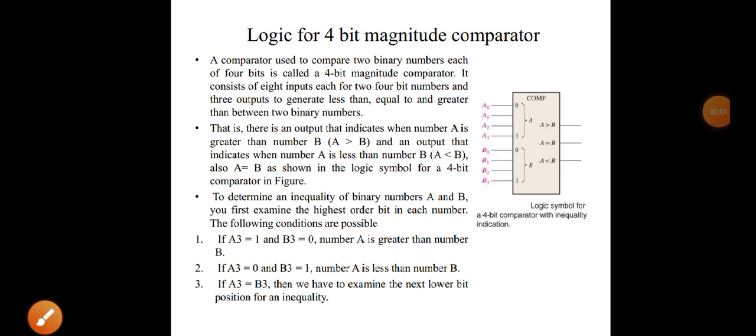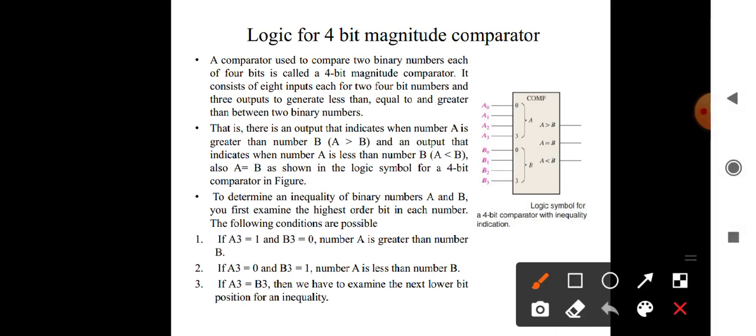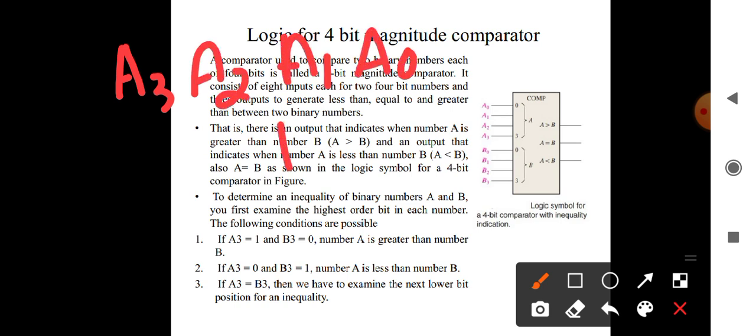In this class, we see about the 4-bit comparators. 4-bit comparators means here we are using two numbers, each of which has 4 bits. The 4-bit number A3, A2, A1, A0 is being compared